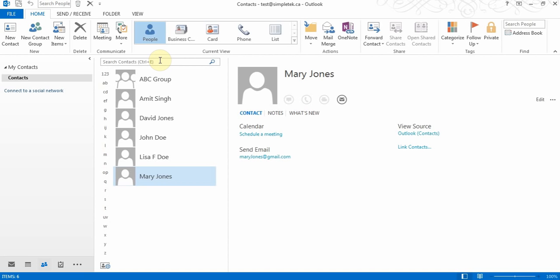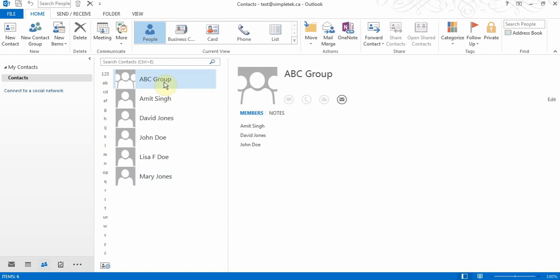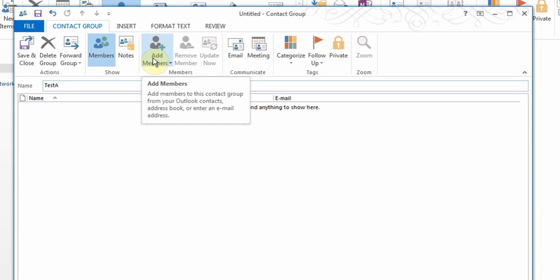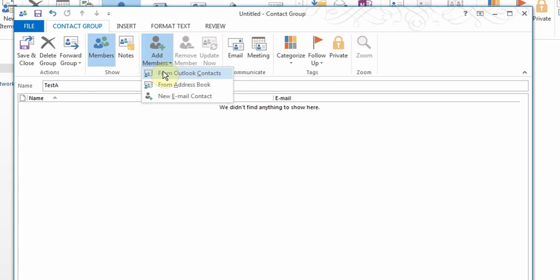Now along with contacts you can also create groups, because like this up here I've added a group and different people are part of it, so that when you are trying to send an email to the same group of people, you don't have to keep on choosing them. So to add groups, you can click on new group, contact group, click it, give it a name, whatever group name it is. Now once you've given it a name, we need to add the members to it. So you click add members from Outlook contacts,